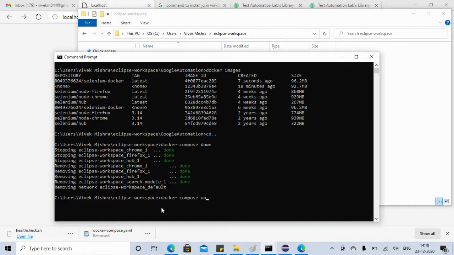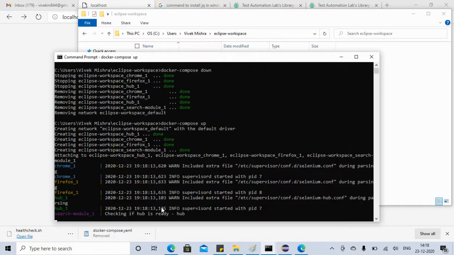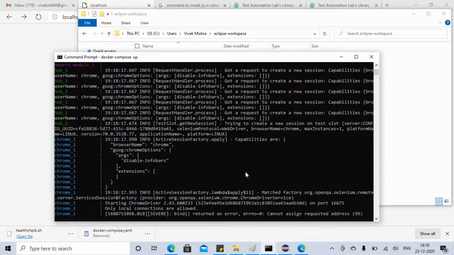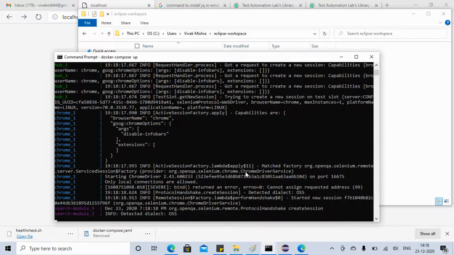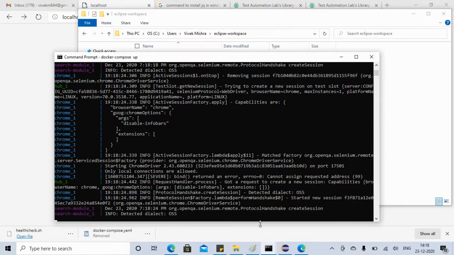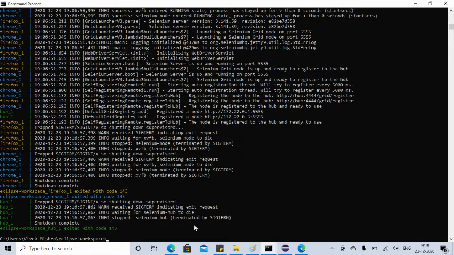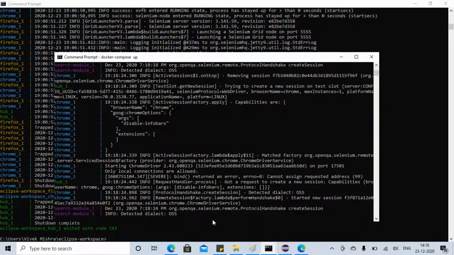Again, friends, it's going to take some time. It's fast this time because we already have the image. Now it's executed and up and running.